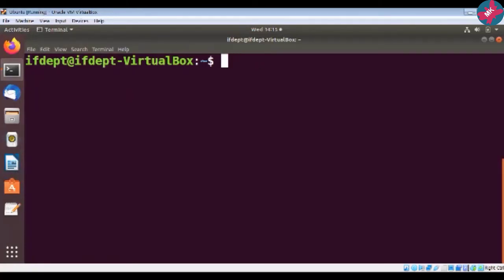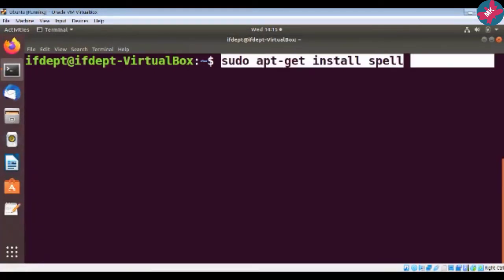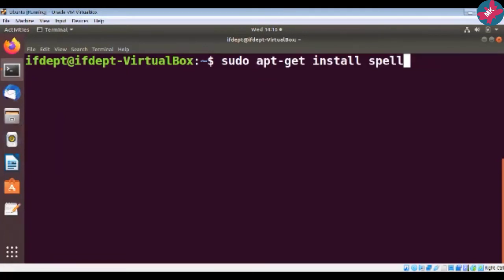So if you want to install it on your system, you have to type here sudo apt-get install spell. I have already downloaded it here and hence my spell command is already working. But for your system it may not be there. So first you have to install it by using this particular command.